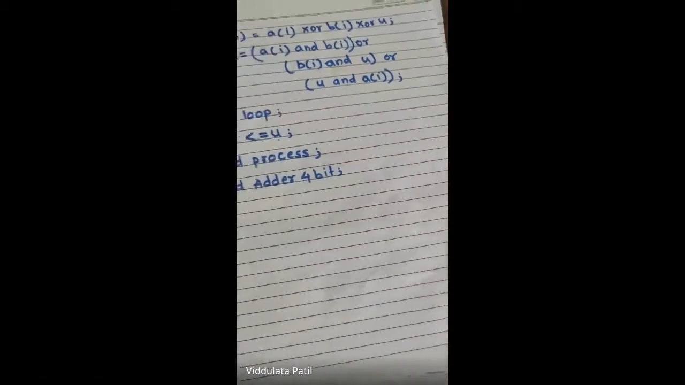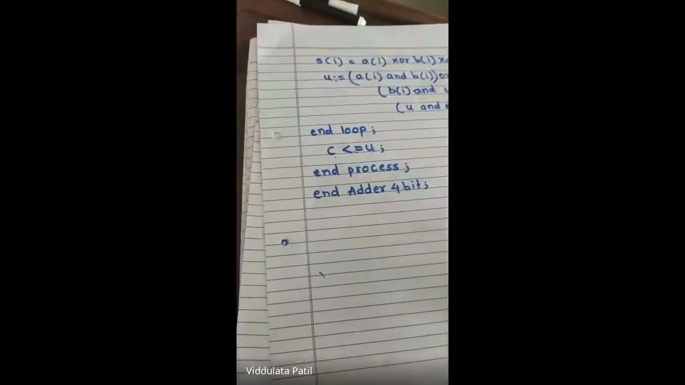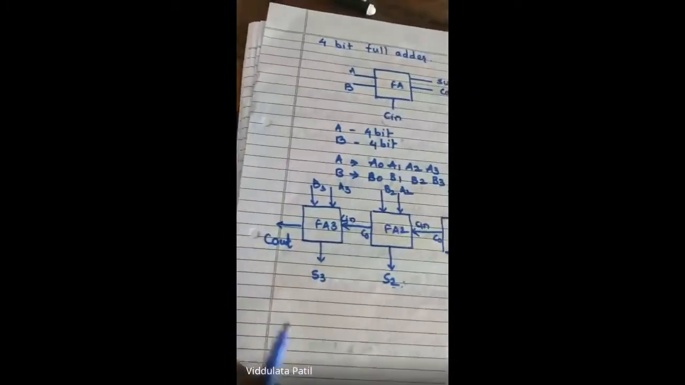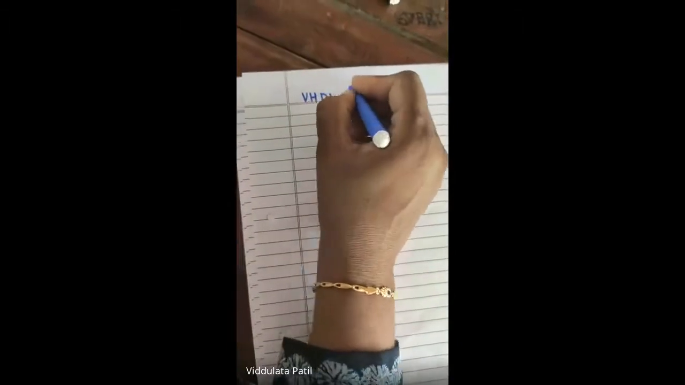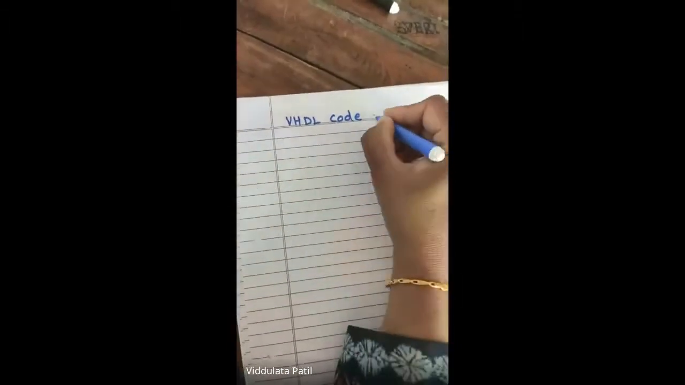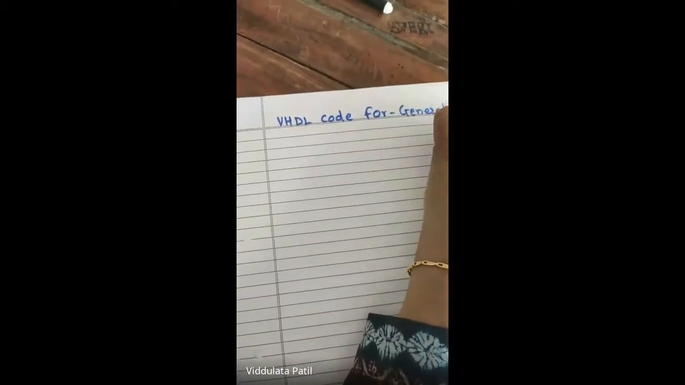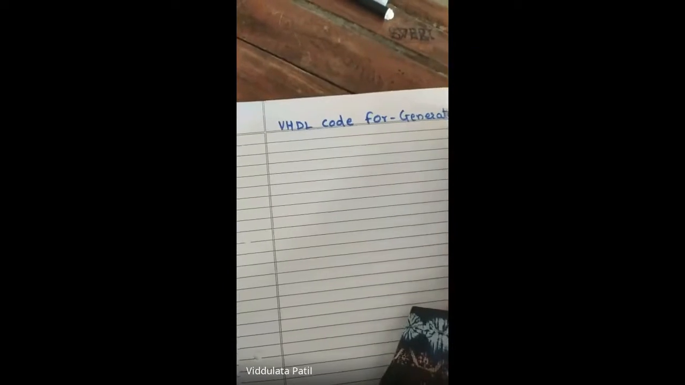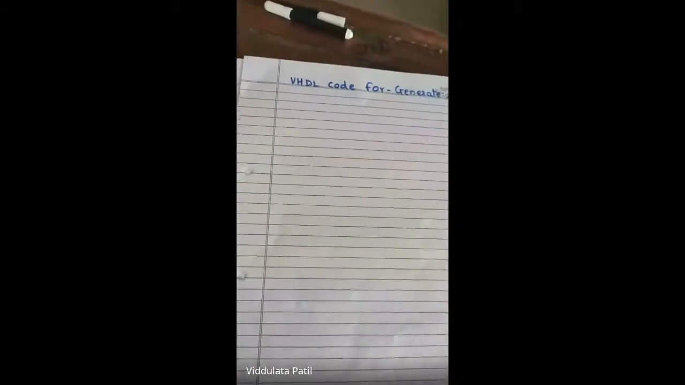Okay, so this is a 4-bit adder with for loop. But in VHDL language, there is one more statement, that is a generate statement. Okay, so for the same circuitry, we are going to write VHDL code using for generate statement. Now, what does for generate statement do? In a for loop, we have to write